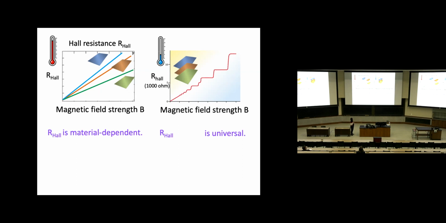You're always going to get this curve, okay? And specifically, I mean these plateaus, these steps. Here I want to get a little technical because this is important. What's surprising is that all these different materials are getting the same Hall resistance with this expression. So what does this expression mean?